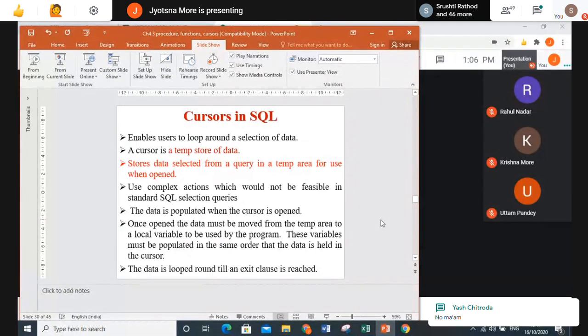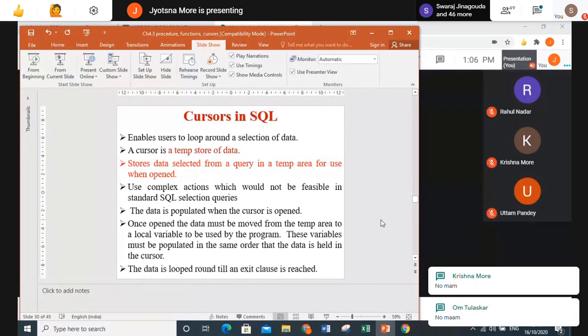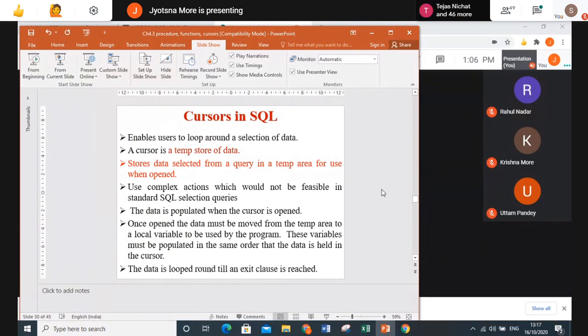With theory only, it is not possible to understand everything. So we'll create one procedure and one function so that you will understand it properly, in more detail. I'll stop here right now because I am finding that people are just quiet, so maybe they are finding it slightly difficult. Okay, I'll go ahead. Then I'll continue with the cursor.